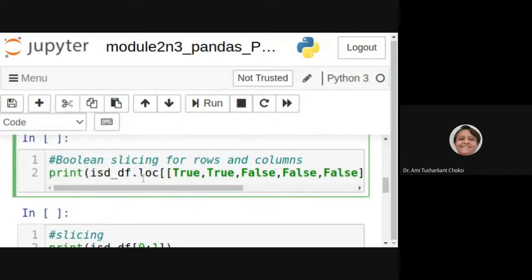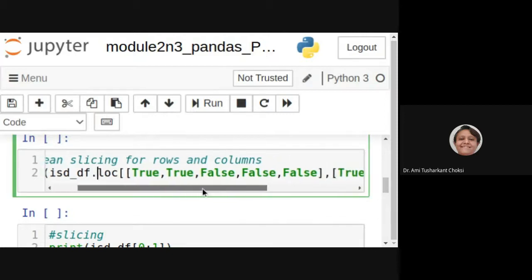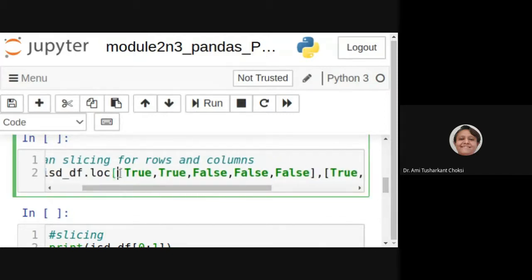Here also, slicing is there, but here the slicing is given for row and column both, right? So here we can say, this is the first square bracket where we are providing the index for row, comma, second square bracket wherein we are providing the index for column, right?